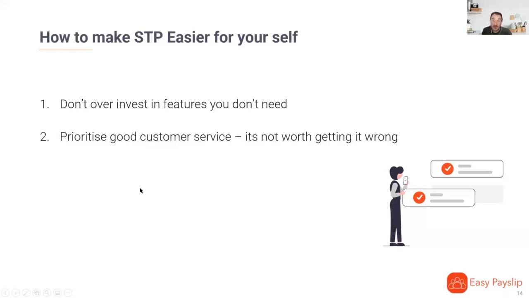The other thing I would say is prioritize good customer service. As a business owner, it can really be no fun working this stuff out on your own. And often it's a really simple bit of help that can make a big difference. You can often work out 99% of it on your own. It's just one little question or one little thing you need to know for a bit of reassurance that can make all the difference. So when you're choosing some software, find something that actually offers that level of support and assurance. The last thing you want is to get something wrong and not know you got something wrong and then get an ATO audit.